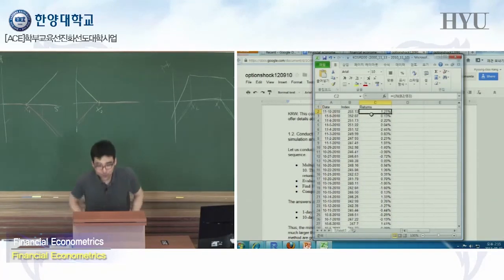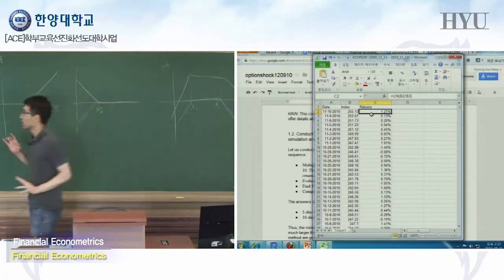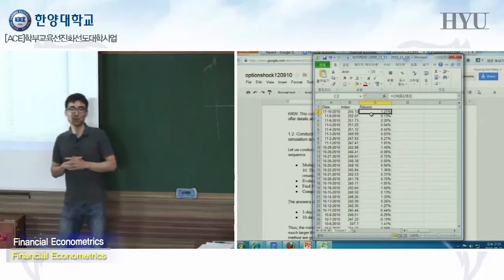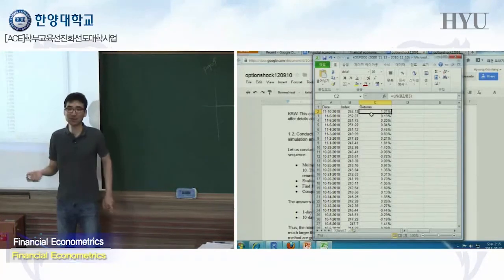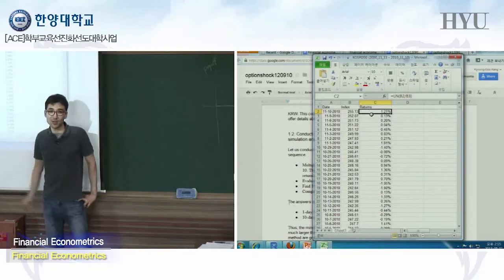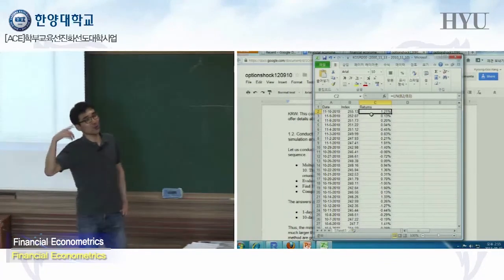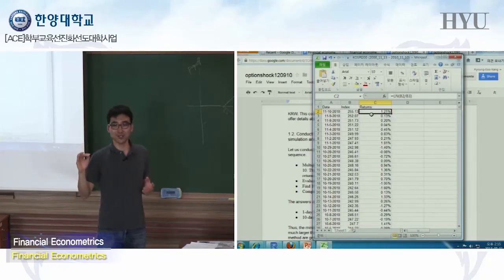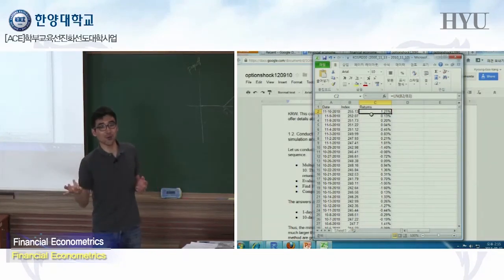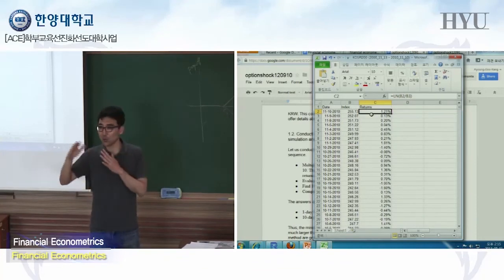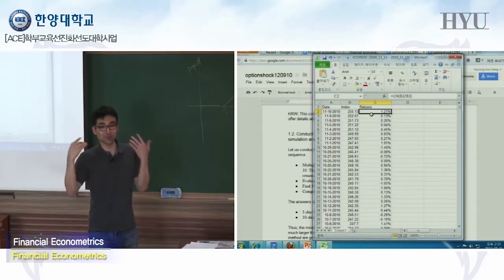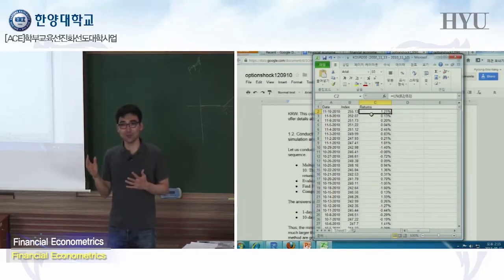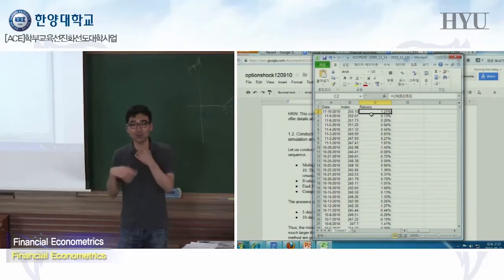So what we are doing is that we can regard each of these as a possible simulation. In the past 10 years, daily return was something like this, something like this. So anything that happened in the last 10 years may happen again tomorrow, right? It is all daily return, so it is reasonable. We can think that if something happened in the last 10 years, something similar can happen again tomorrow.